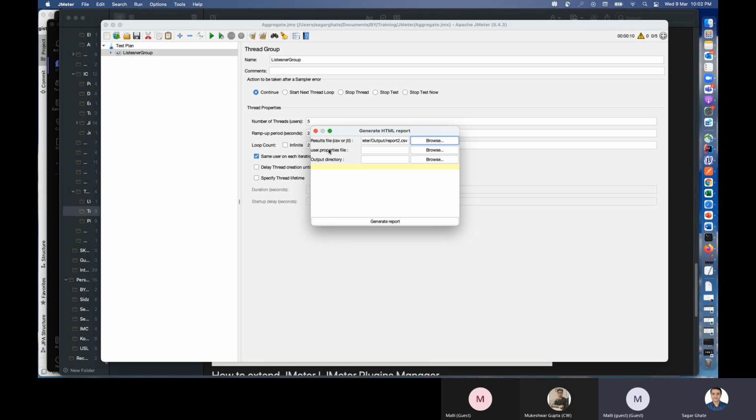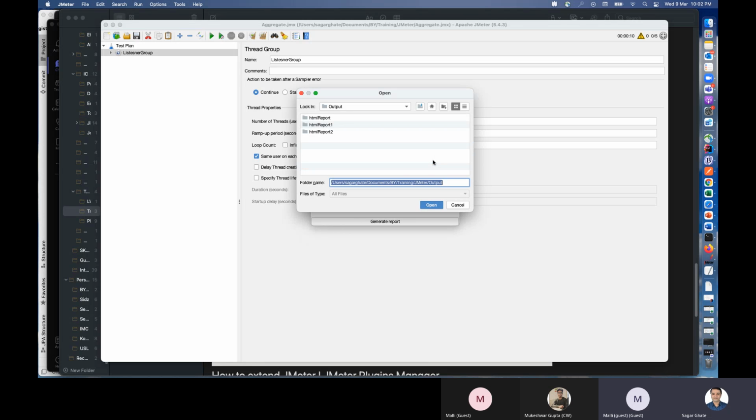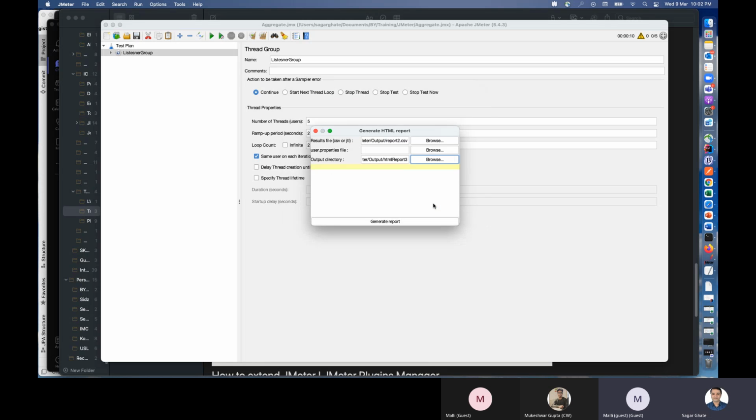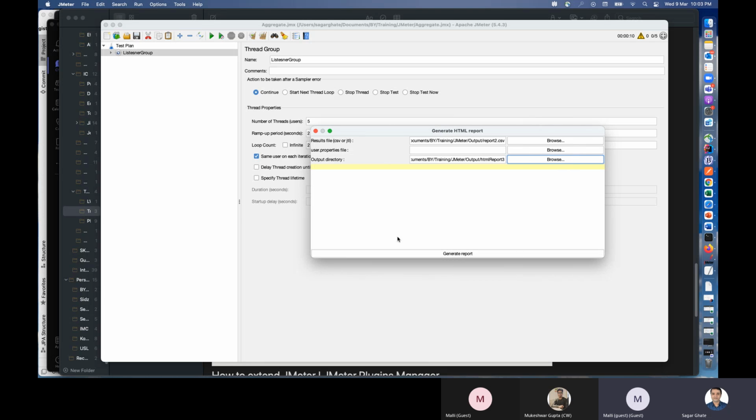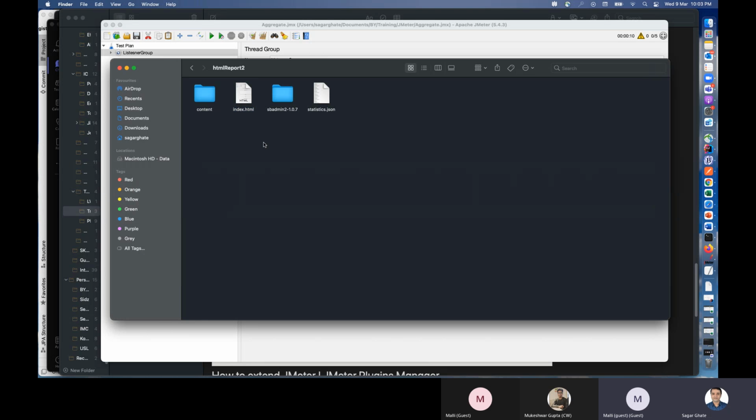And it is saying user property file. So you will be having some property file in your bin folder and the output directory. Output directory is this HTML report 2 is there. I can give, or I will just say as 3. If it is not there, it is going to create. Now I have to give this user property file, which is nothing but a configuration level file in your bin directory. So I will go back and